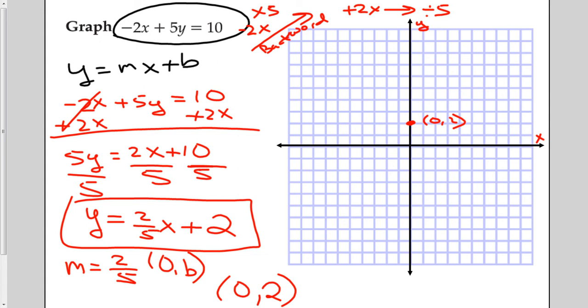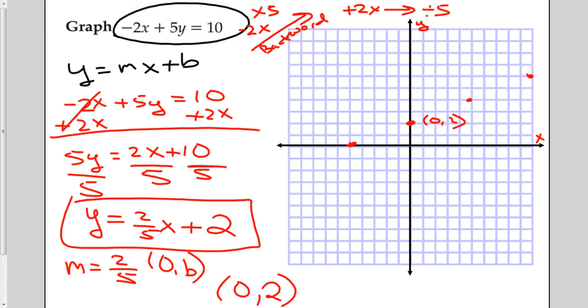I'm now going to follow my slope to get to my next point. So I'm going to go up 2 and 5 to the right. And then I'm going to do it one more time, up 2 and 5 to the right. And I'm going to do one time in the opposite direction, which is unnecessary, but I'm still going to do it. Okay, I now have all my points. I'm going to draw my line,